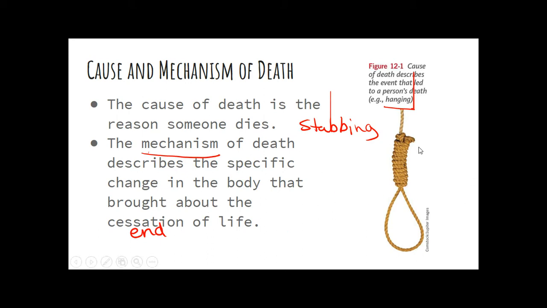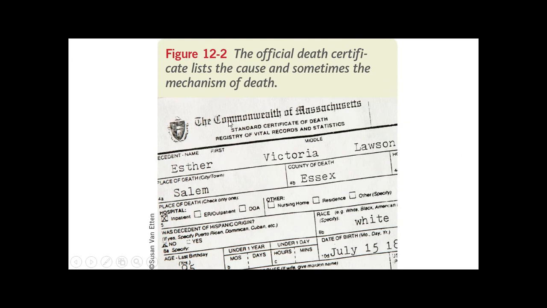So when you get a death certificate, it would be issued by the state, would have the victim's name, where they died, some demographic information, and it would also give the cause and sometimes the mechanism of death. So if it was strangulation or drowning, again, it's that asphyxiation or the lack of oxygen that would cause the death. If it was a natural death, they could say it was heart attack. And they could say if it was some complication of cancer or another natural illness.